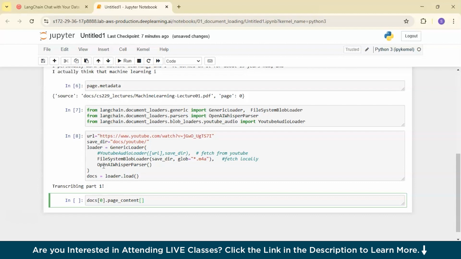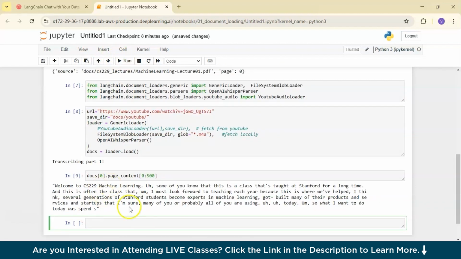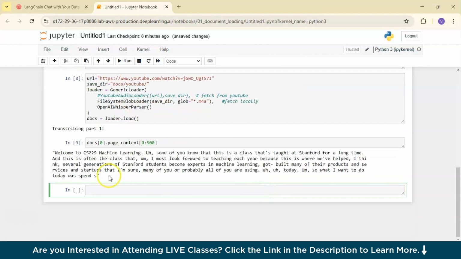We'll see the first 100 words and we'll run and see. You can even see the first 100 words. We can actually take a look at the page content now, and this is the first page of the transcript